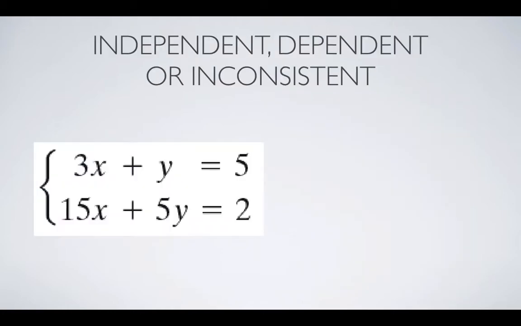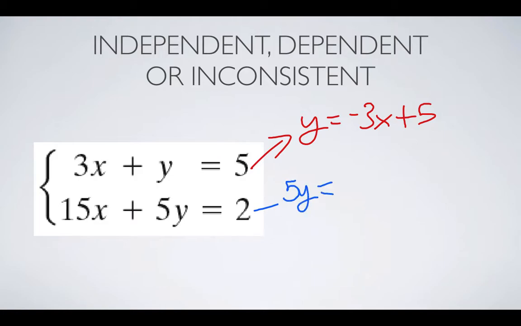All right, so now we have to decide if these are independent, dependent, or inconsistent. The way that we do this is very simple. We want to put both of these into y equals mode. On the first one, this is easy. This just becomes y equals -3x plus 5. But on this one over here, what we end up having to do is first subtract the 15x, which means 5y equals -15x